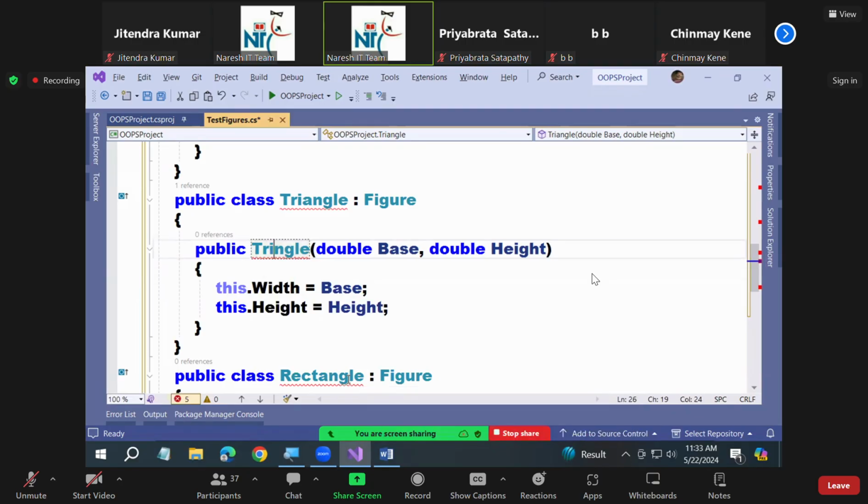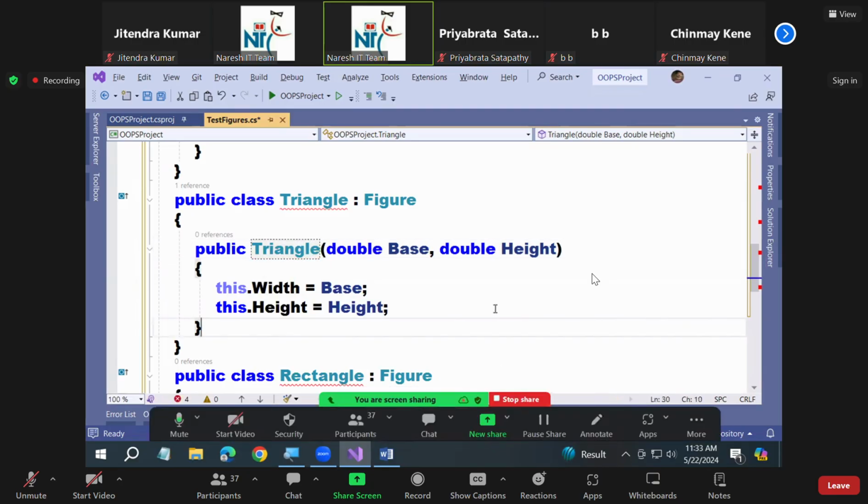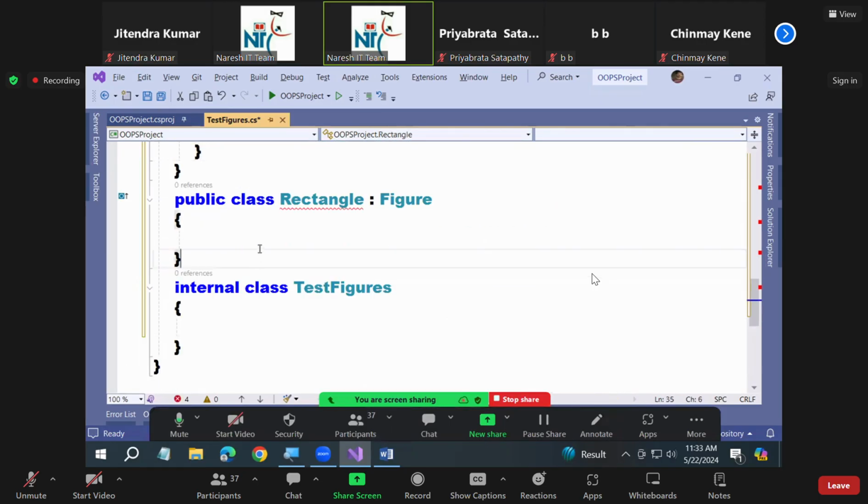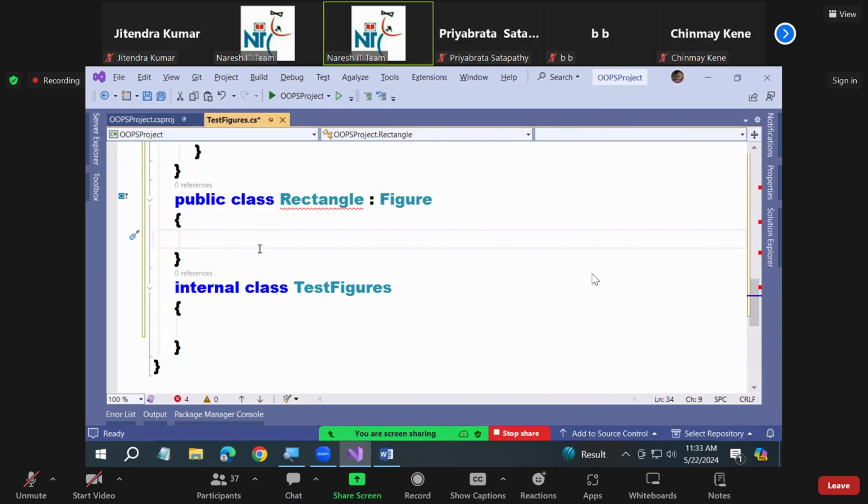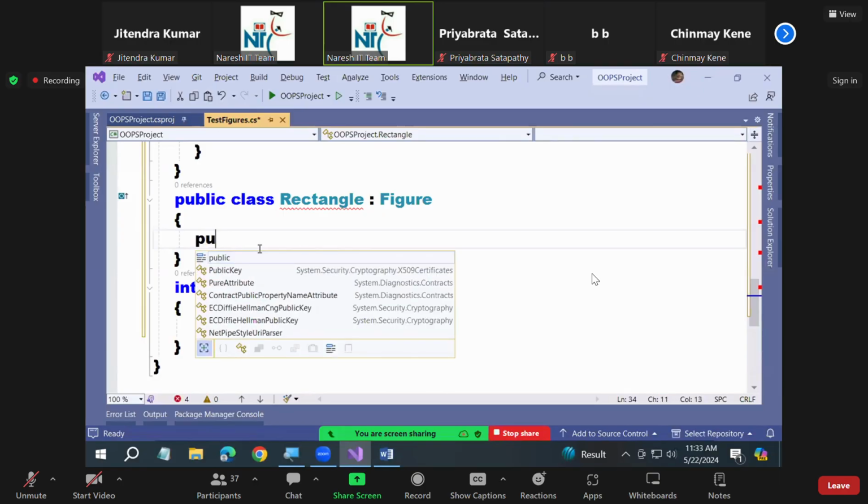Spelling mistake. That is why. Okay. Now next one, rectangle. Rectangle has what? Length and breadth. The length is width. Breadth is height. Length is the width. The breadth is the height. Okay. So public